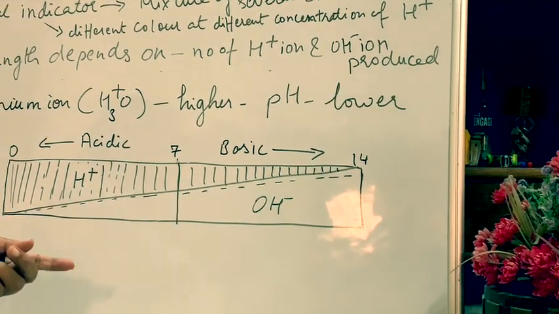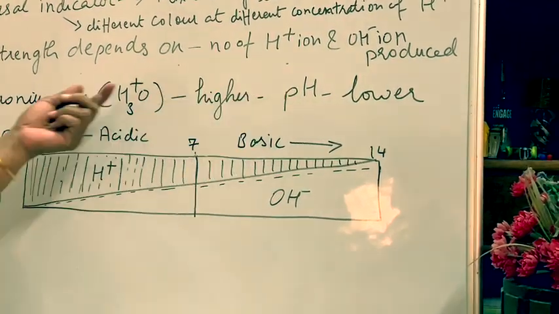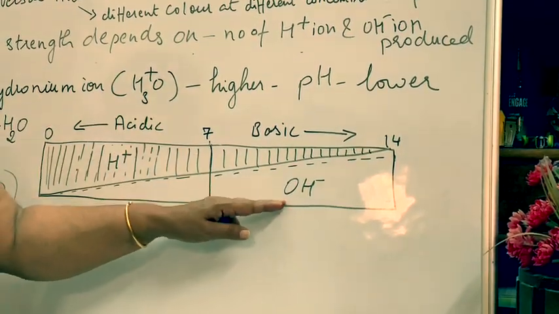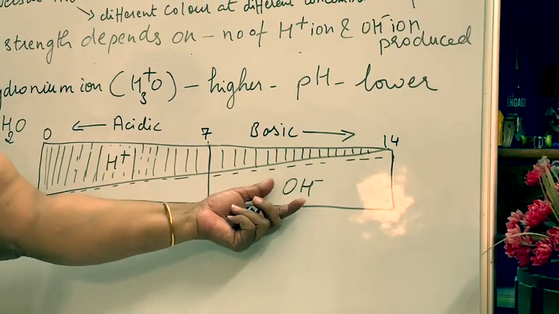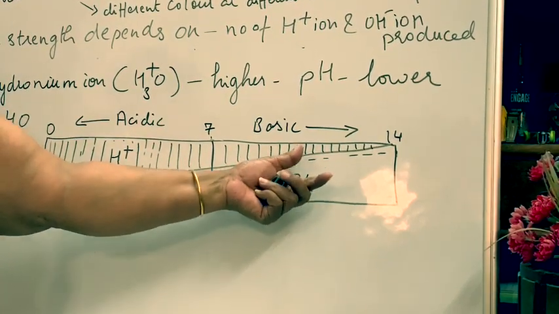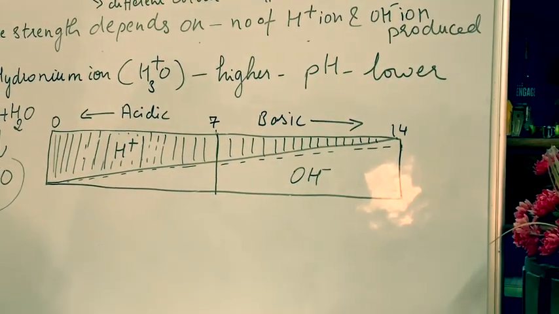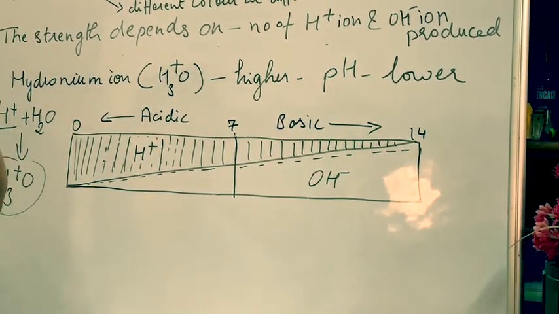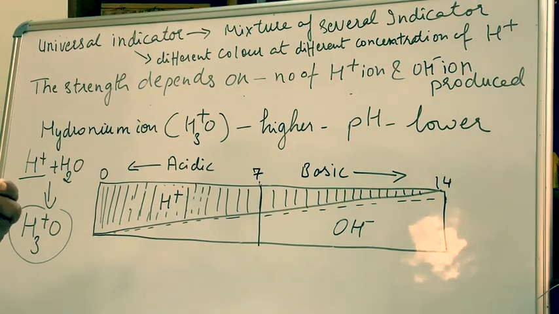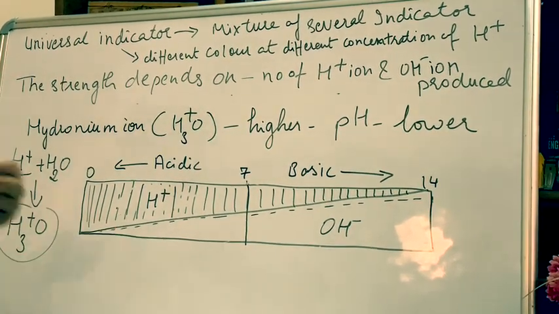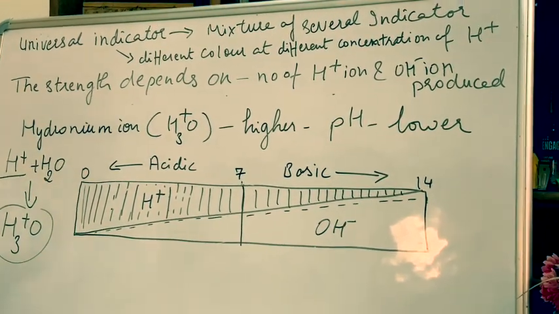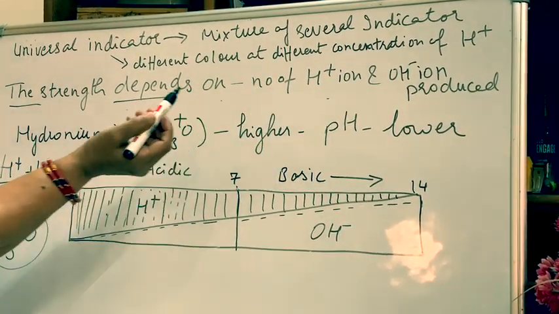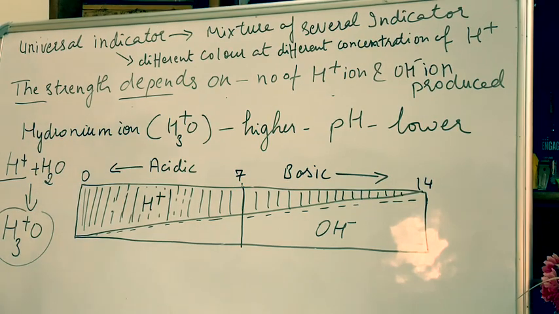So they are inversely proportional. If pH is less, that means hydronium ion is more. If OH concentration is more, the value of pH is more and the substance is basic. So this is how we can measure the strength of any substance, how strong or how weak they are in their basicity or acidity. We find that the strength actually depends on the number of hydrogen ions and OH ions which are produced